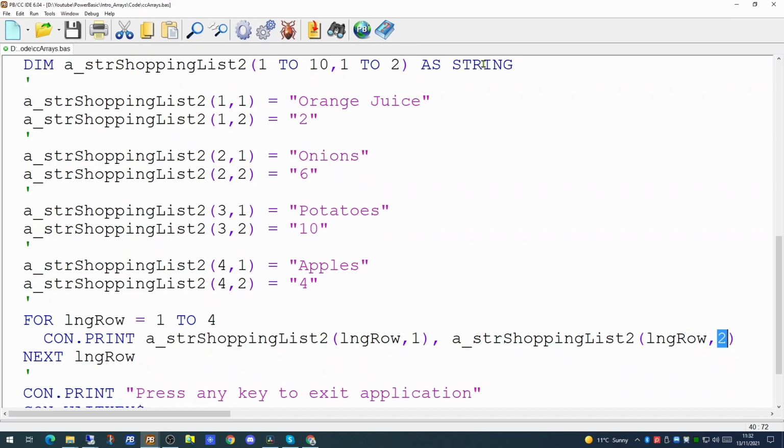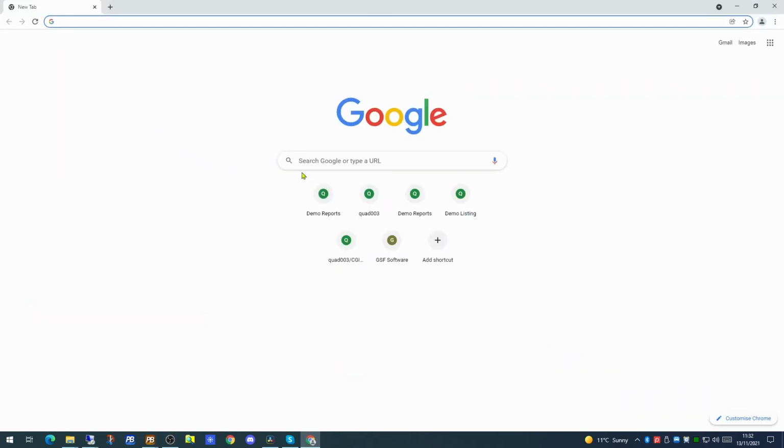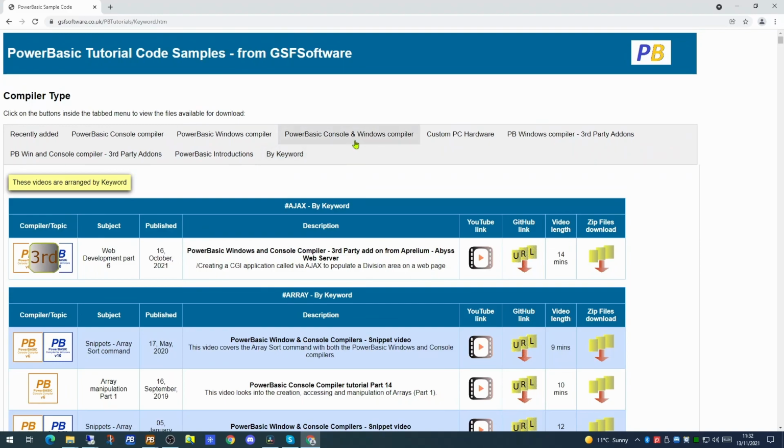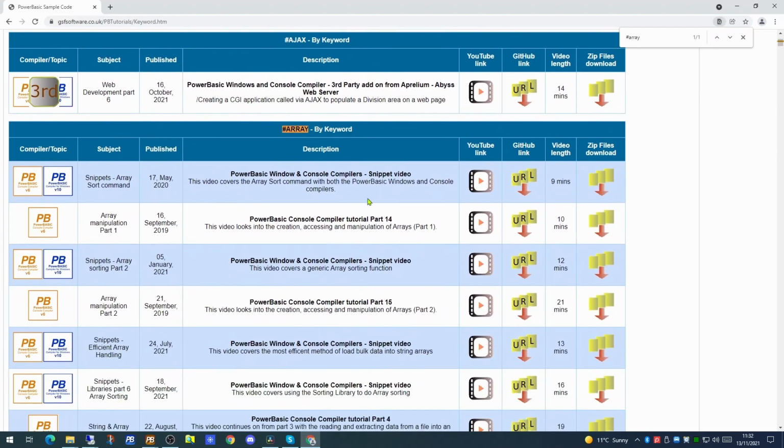To find out more information about the handling of arrays and how they can be used within PowerBasic, there are a number of other videos you can have a look at. If you go to the GSF software website, which there will be a link in the description below, you'll get a list of all the recently added videos. If you go to the by keyword and press Ctrl and F to do a search on the page, put a hash in, and then the word array, it will jump to all the videos that have that tag.